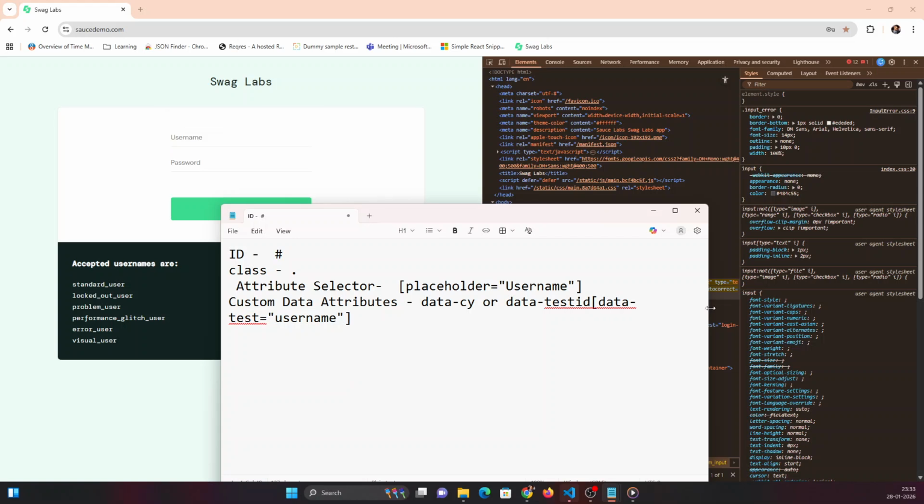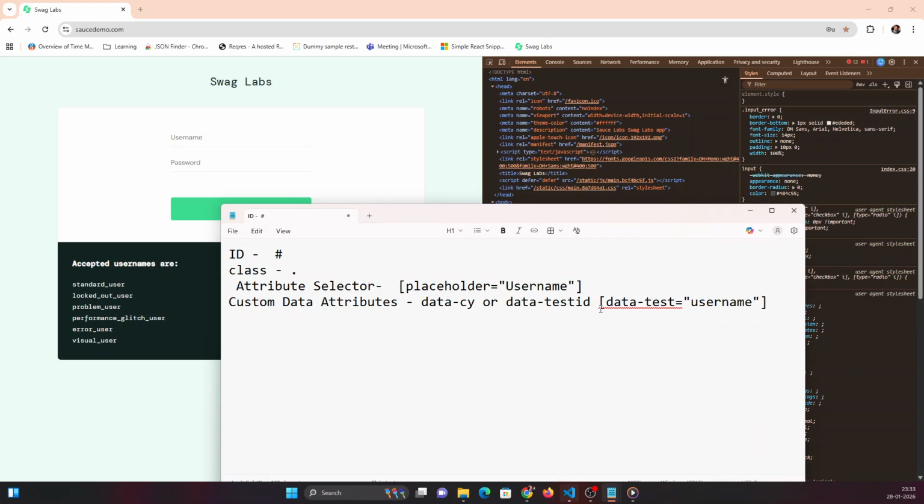I'll expand it to make it clear. Yep. So we'll move on to another selector. The next selector is